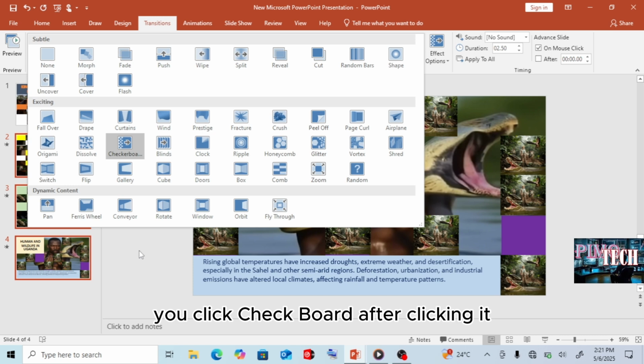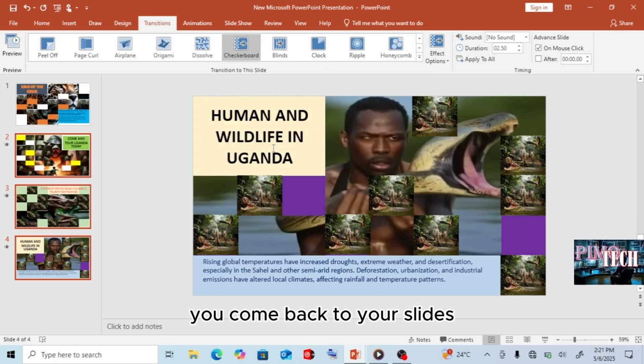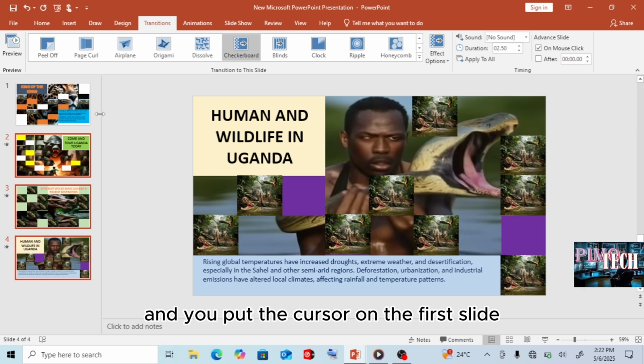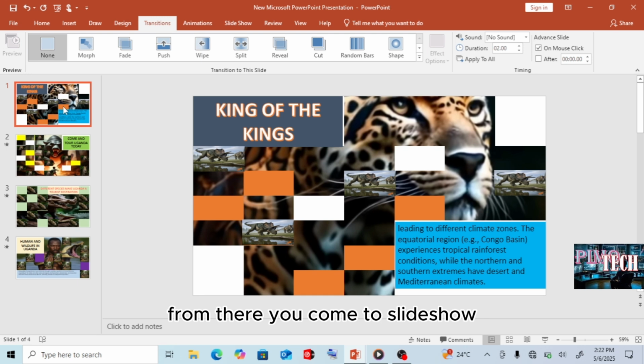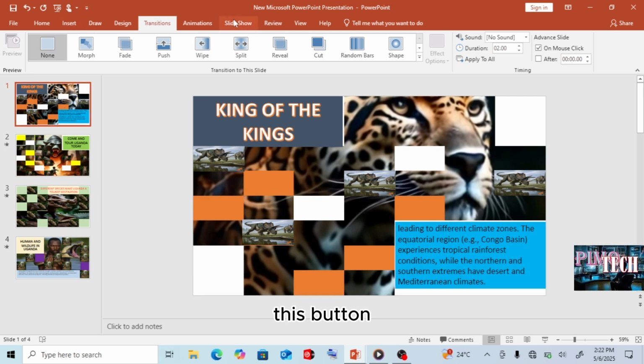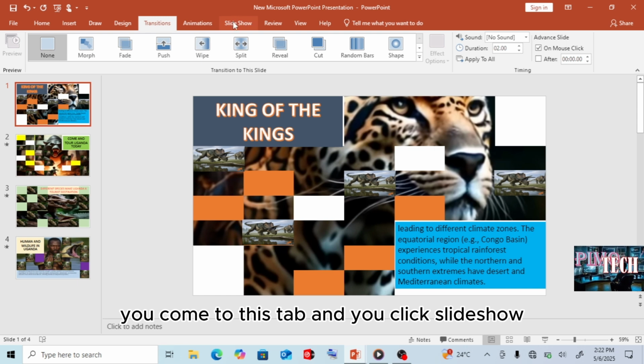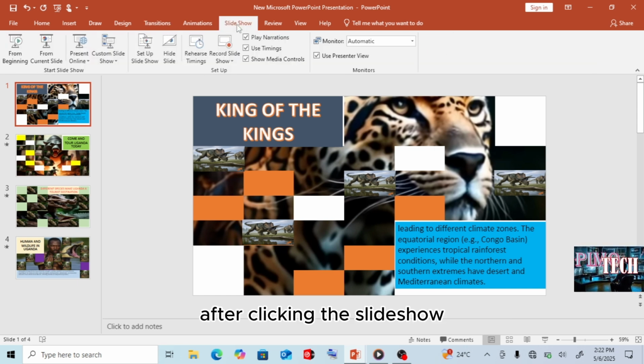After clicking it, you come back to your slides and you put the cursor on the first slide. From there, you come to slide show. You come to this tab and you click slide show. After clicking the slide show, it will provide you with the ribbon of different options.